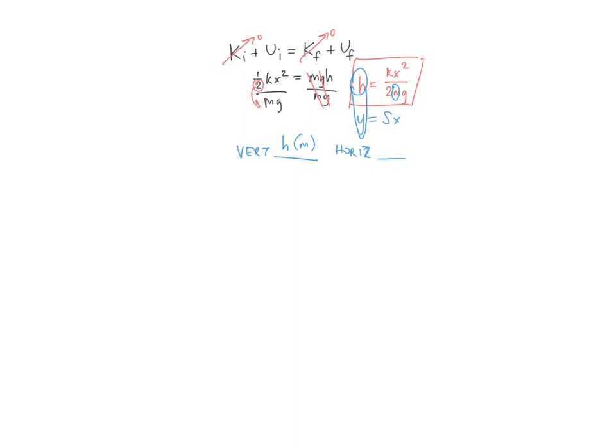mass is the other thing that is being changed. Mass is in the denominator, so we actually need to graph 1 over m, which is going to have units of 1 over kilograms or inverse kilograms. And then that means the slope of this graph is going to be everything else, which will be kx squared over